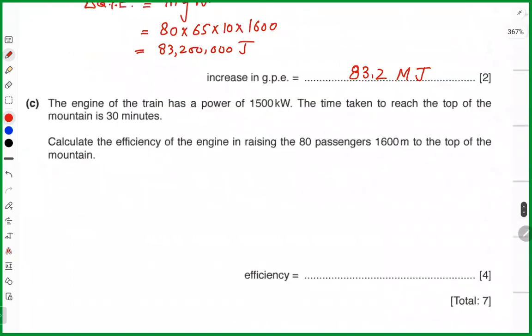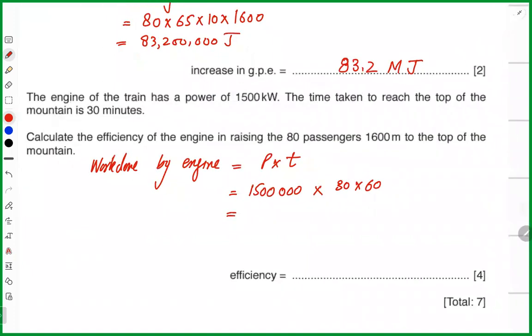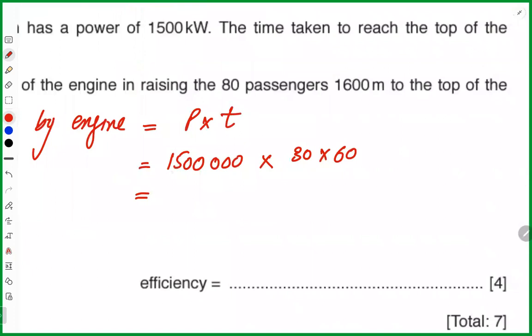The engine of the train has a power of 1500 kilowatt. The time taken to reach the top of the mountain is 30 minutes. Calculate the efficiency of the engine. Work done by the engine equals power multiplied by time. So power is 1500,000 into time, which is 30 into 60. Remember, time has to be in seconds. Yeah, seconds. So we have 18 multiplied by 15, which is